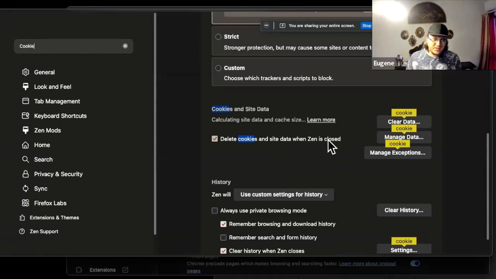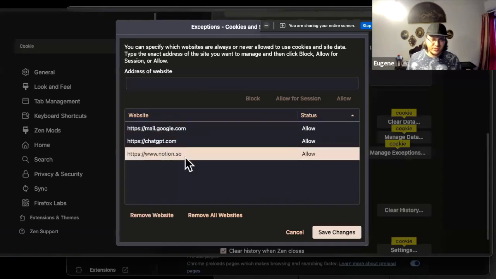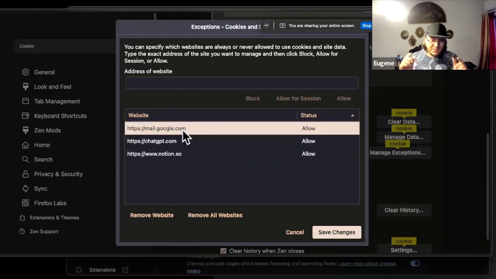But if you still need some of the sites like mail, Netflix to keep your cookies, to keep your session with the account, you can manage exceptions where you want to preserve cookies. And this will be just a tiny fraction of the data, because all of the other cookies will be deleted, and you will save a lot of the traffic and a lot of the data from your